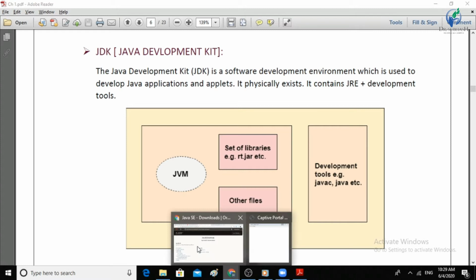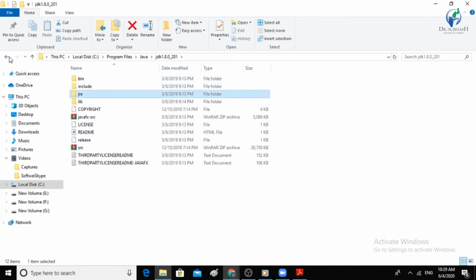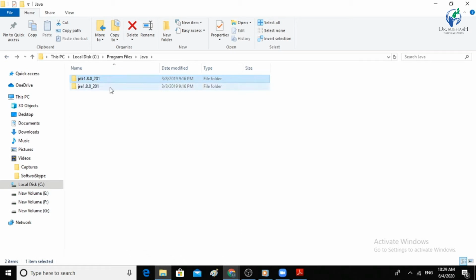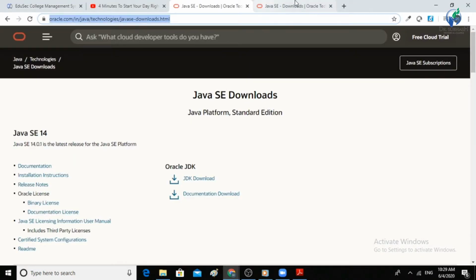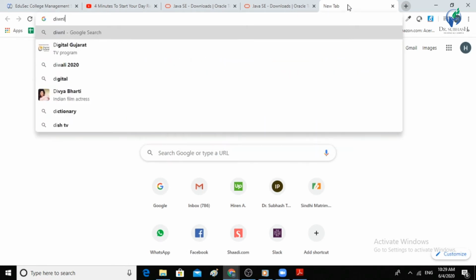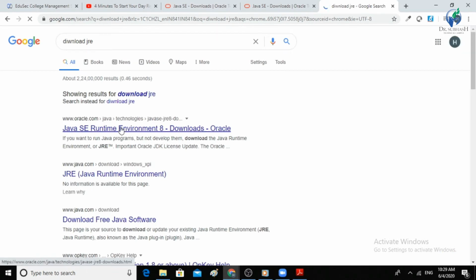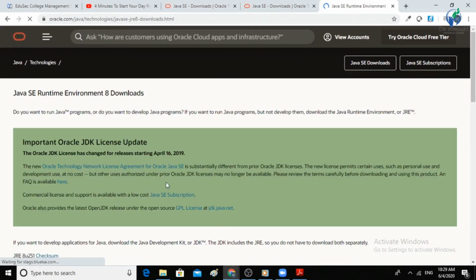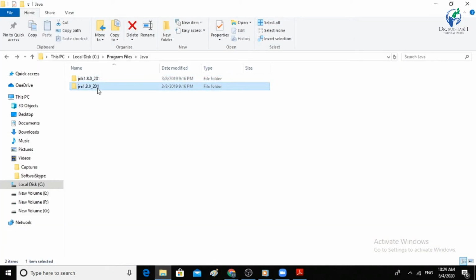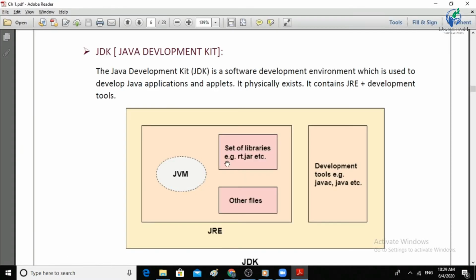Another thing: when we install this JDK, we already get the JRE, but we also install a separate JRE, the Java Runtime. Once you download and install it, you will have another folder, the JRE. So what is the JRE used for?